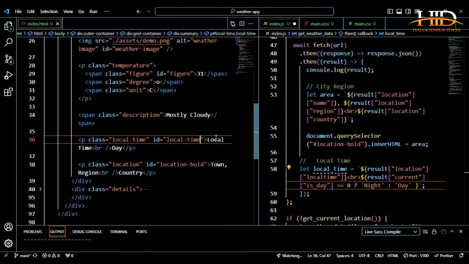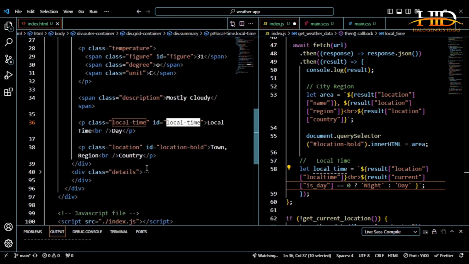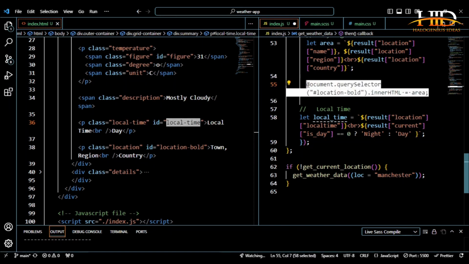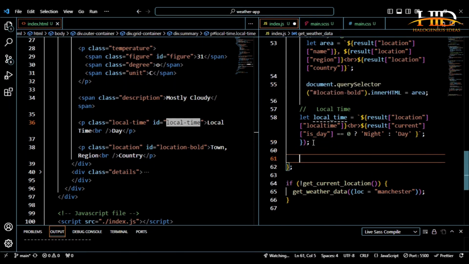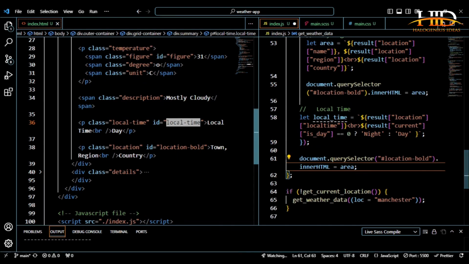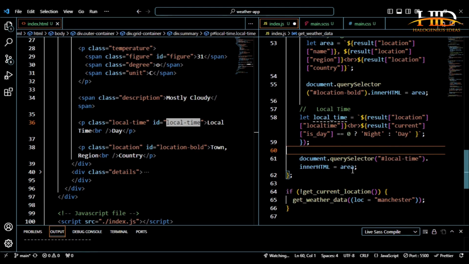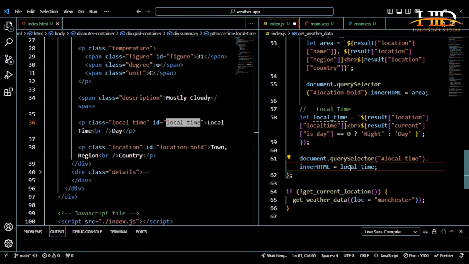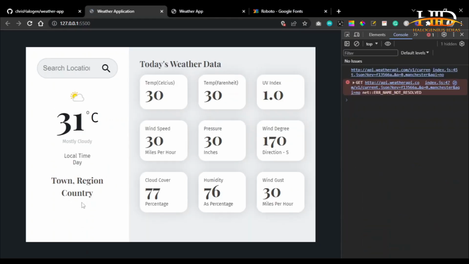So you can see the location, the time. This is local time, then the line break, then we have day or night. So the ID is what? Local time. So you can just copy. So you see what I have now, the local time, but this is going to be local time. If I save this and I come back here,